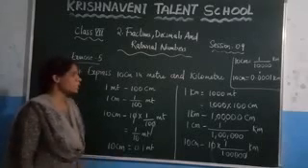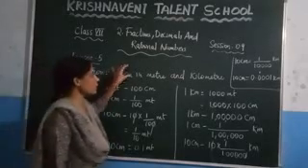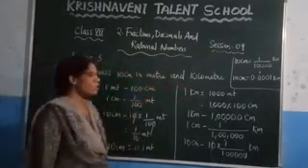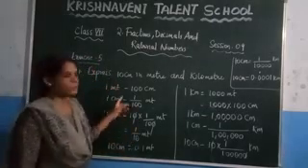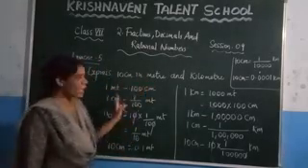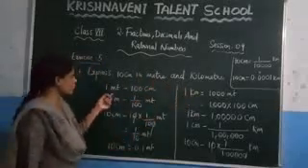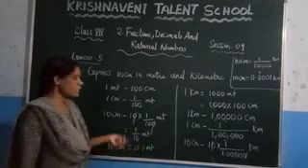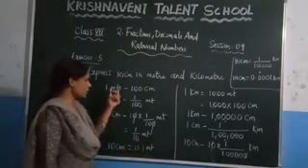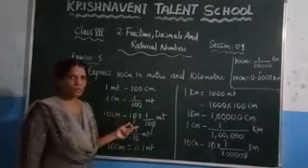Again, what they have asked is to express 10 centimeters in meters and kilometers. So first you need to write the relation between centimeters and meters, and centimeters and kilometers. First write what we know. You know that 1 meter is equal to 100 centimeters. Then the value of 1 centimeter, which is the reciprocal, is 1 by 100 meters.